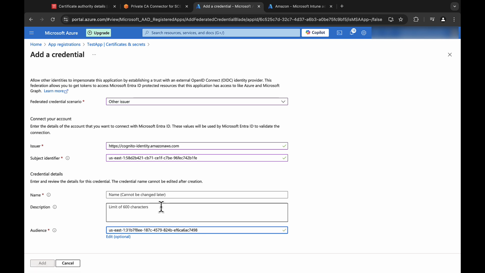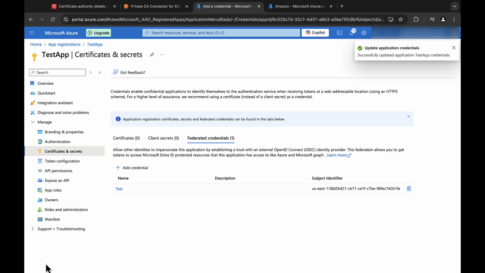And then here for the credential name, I will call it Test. And then I'll click Add. And so now my connector for SCEP has access to Microsoft Intune.